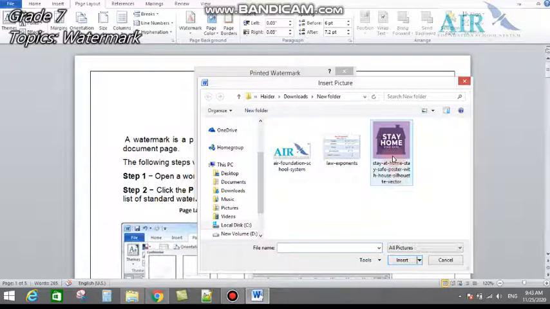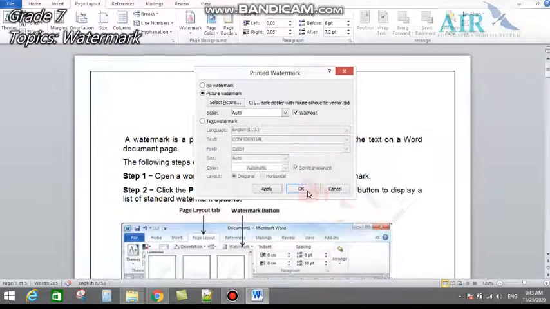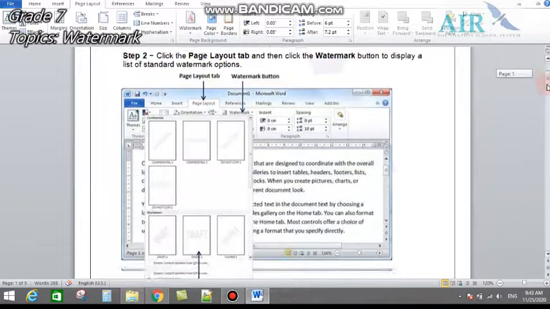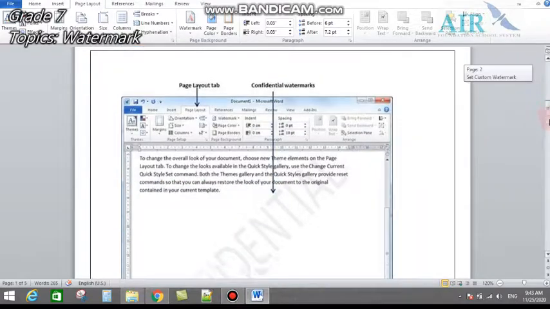I just want to insert this picture, stay home, stay safe. As you know, it's the second wave of coronavirus, so everybody should stay home and stay safe. So I am going to insert this picture as a watermark now. I will click this picture and then click insert, and then I'll click apply and then OK. Now you can see that this picture has been added in a Word document as a watermark.